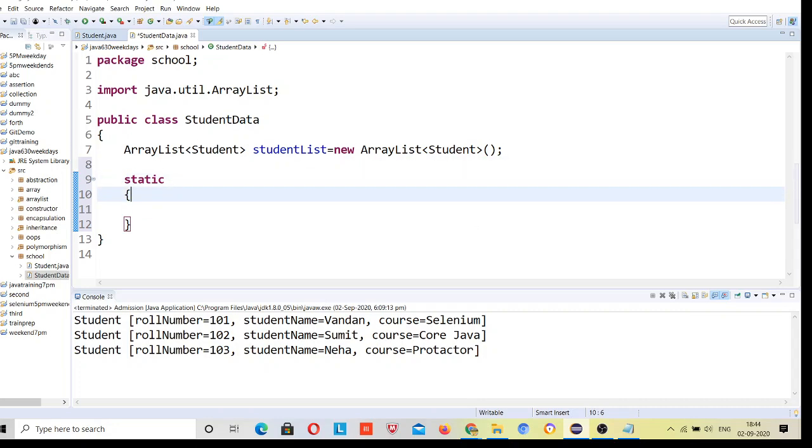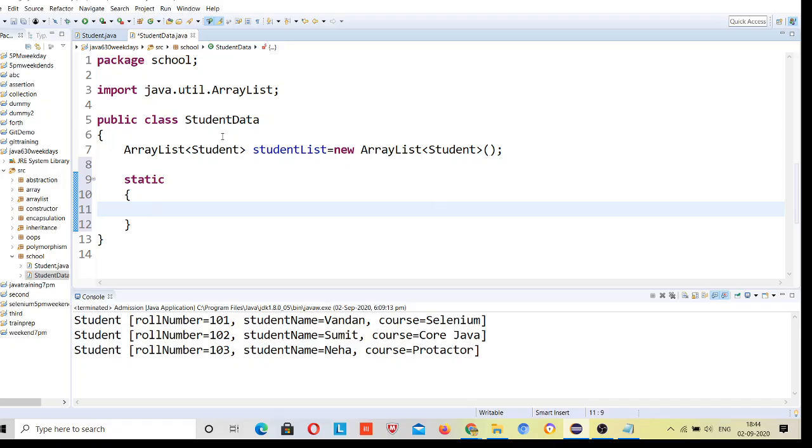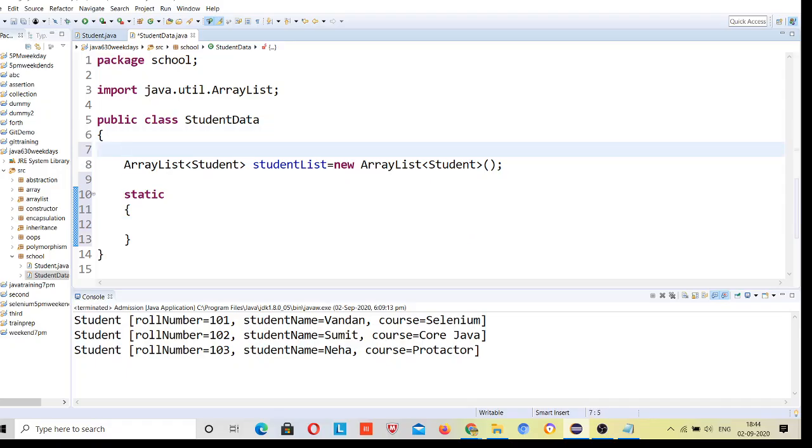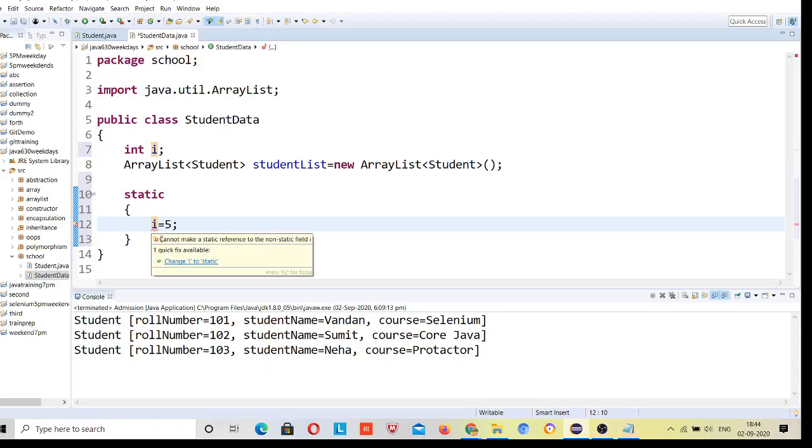Okay, but see, suppose this is the variable int i. Suppose I declare this. If I try to assign a value to this, i equal to 5, will I be able to do it? No, because see, cannot make a static reference to a non-static field.